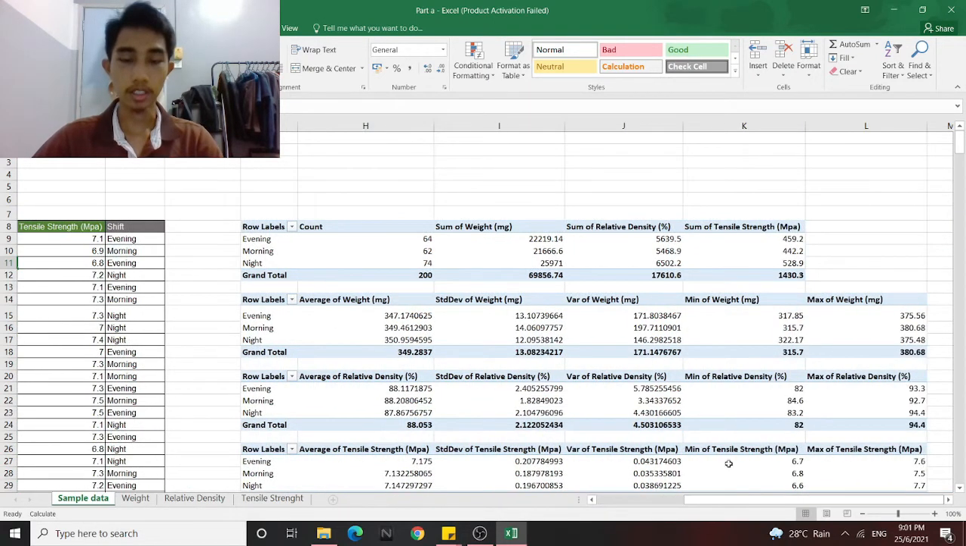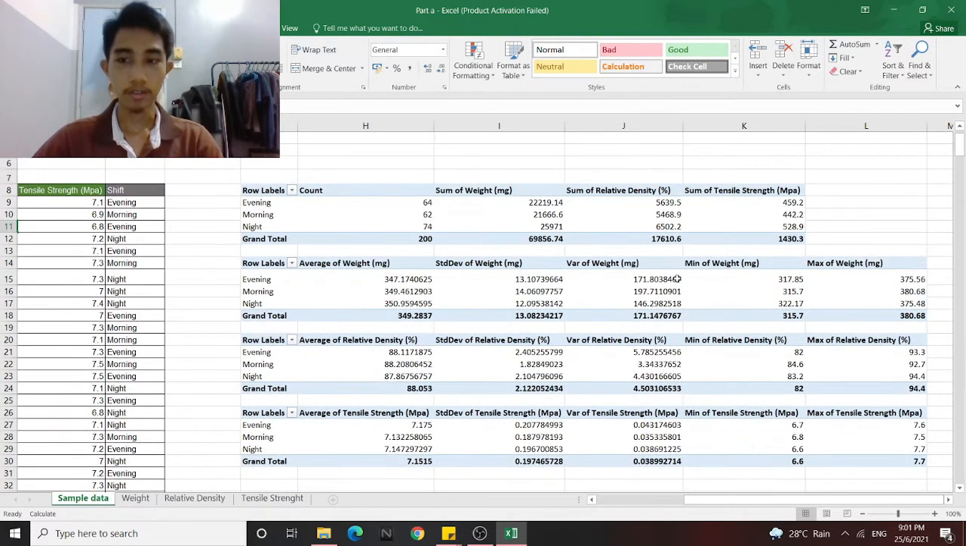We go to the right table. As you can see, there are 4 tables in total. These 4 tables represent the numerical form. I created this table using a pivot table. For the first row, I separate the shift, evening, morning and night, followed by count 200, sum of weight, sum of relative density and sum of